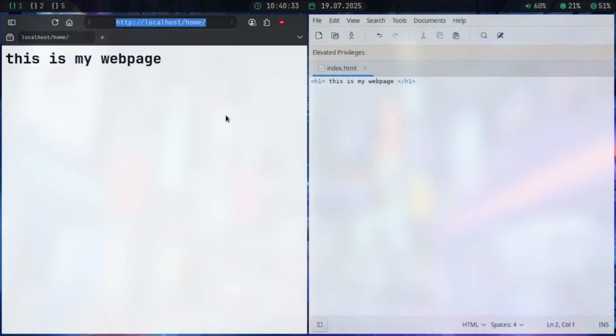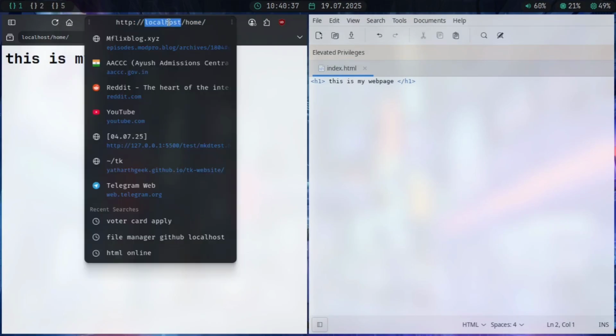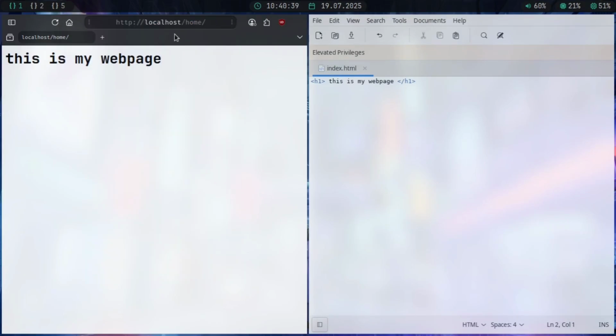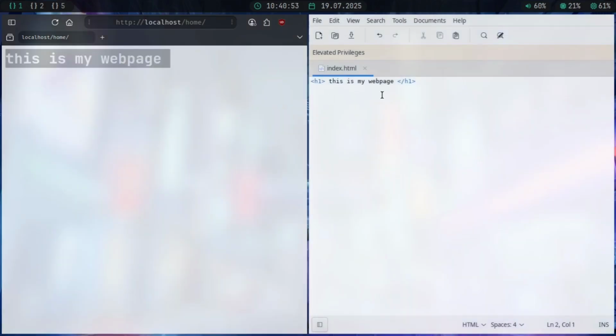So as you can see here, I have a website running on my localhost. So it's not a website, it's a web page. Okay. So this is running on my localhost and you can see this is a web page and this is the code. This is the code that is running this web page. So watch closely what happens if I just update this website. So this is an update. Let me just save it,